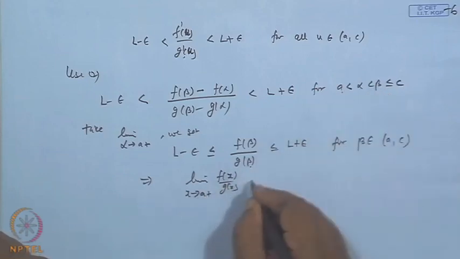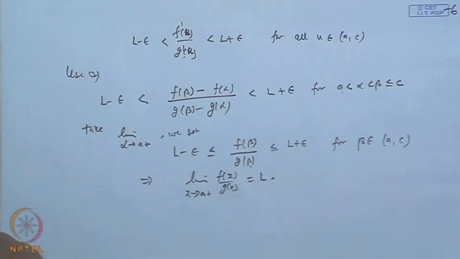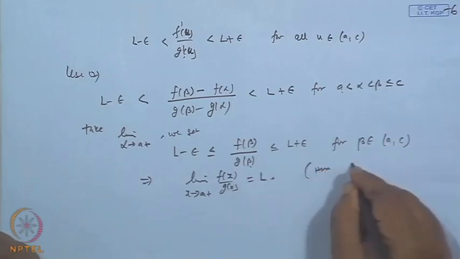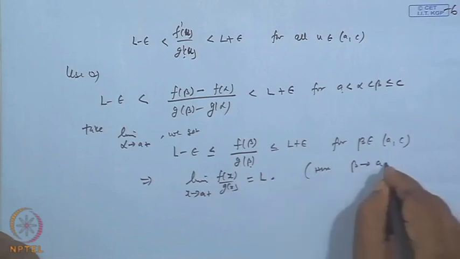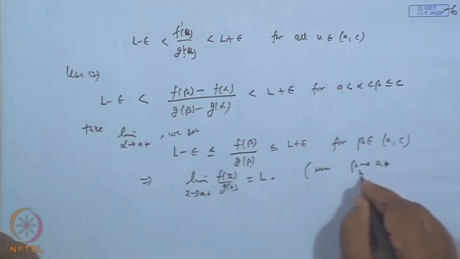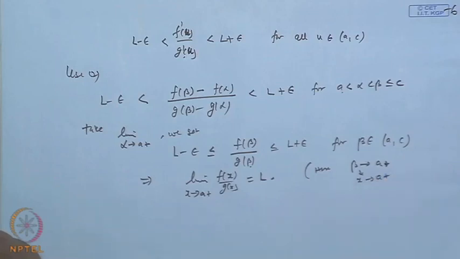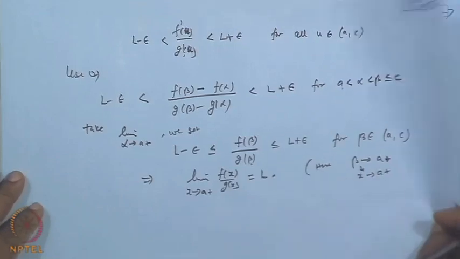So, x tends to a plus is also L, because here let beta approach a from the positive side. That is equivalent to saying that x approaches a plus, where x belongs to this interval. So, this shows this. Okay. The second case,